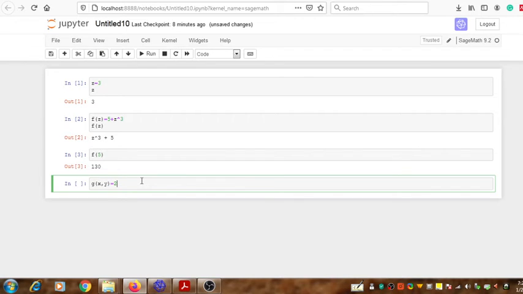I am going to write 2 star x, double star for exponentiation, double star 2, plus 5y cube. So 5 star y double star 3, plus